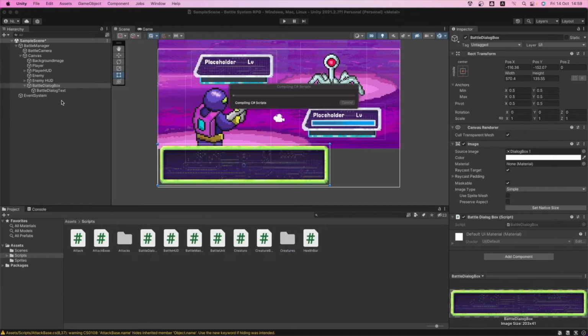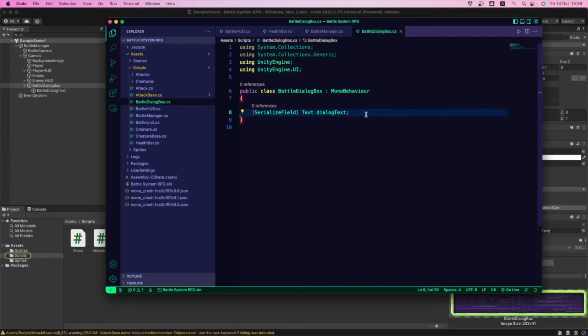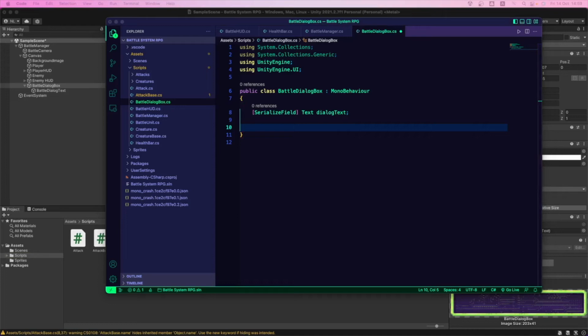We're gonna go back to Unity, go into the inspector, and assign our text. So let's drag it. Okay, let's go back into the script, and now we're gonna start coding the function that gives us the flexibility or the cool feature of writing character by character. We don't want this text that goes inside the game to write itself boom in one line. We want it to go character by character, like in the classic games.